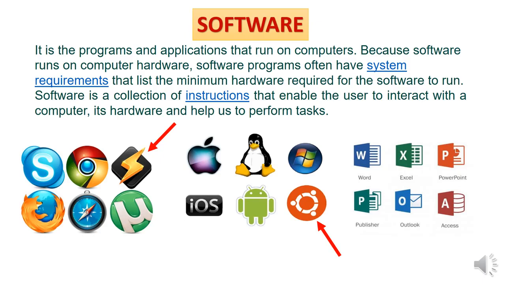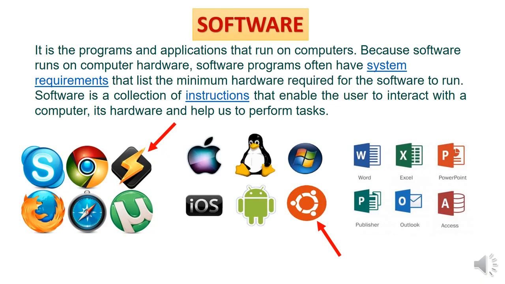Let us talk about a game called Far Cry 5. Now to run this game on your computer system, you need a graphics card with a dedicated memory. If this graphics card is not installed in your computer system, the game Far Cry 5 will not work on your computer system. Now why will it not work? Because the minimum hardware requirement for that game is a dedicated memory, a graphics card, to be installed in your computer system.